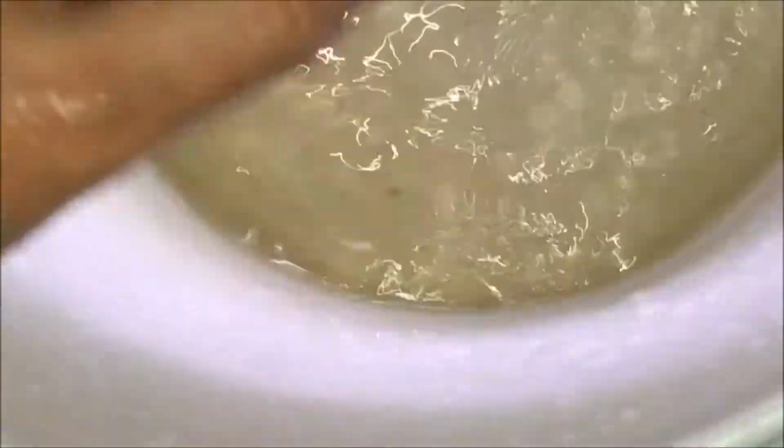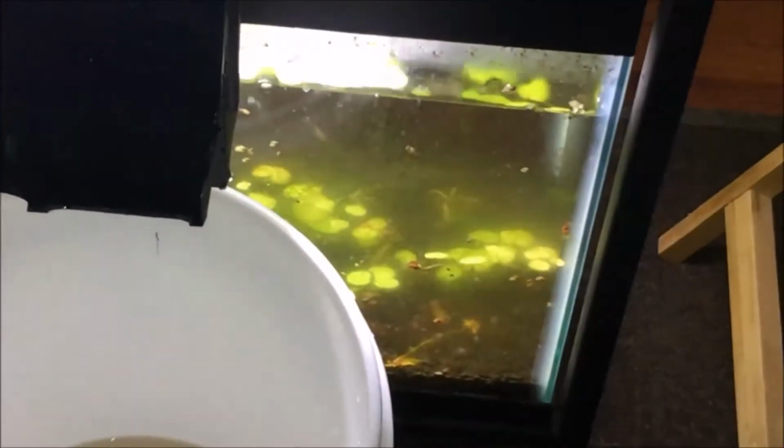Number 2. This one looks not bad. That one's hardly even dirty. So I am going to jump in and grab this intake sponge. And when I do that,